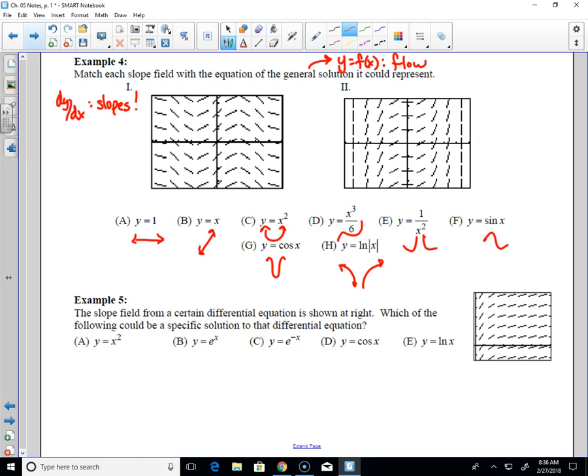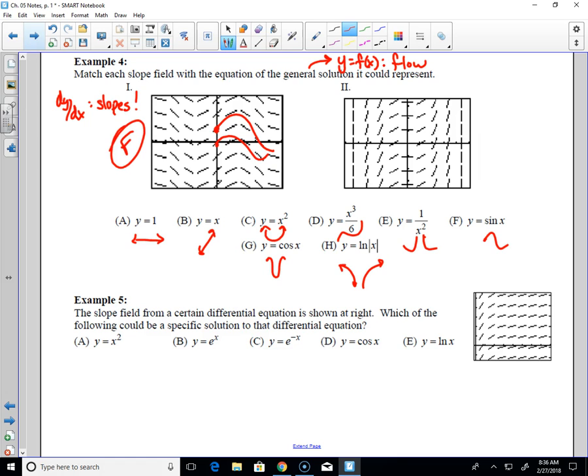Sine. No, not sine, cosine. Not cosine, because if it was cosine, it would be 0. If you were to choose a point, couldn't you follow the flow? That looks like sine to me, right? Sine starts in the middle and goes up. Cosine starts immediately going down. So this one we have to go with letter